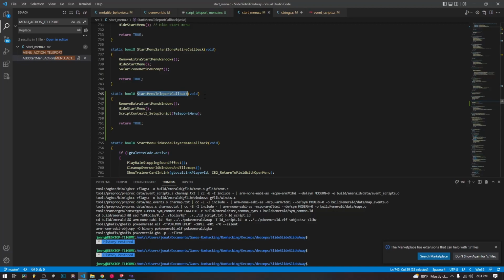This has got to be the same name as the one we defined at the very top. It's the same function. And then here we remove extra start menu windows, which gets rid of the start menu. We hide the start menu, which again gets rid of the start menu. And then we call this function, script context 1 setup script, and it allows us to use scripts that we have defined in our code. And we gave an extern for it so that we can actually access the teleport menu,